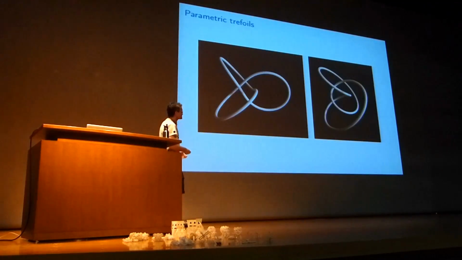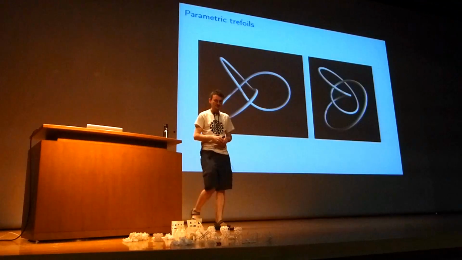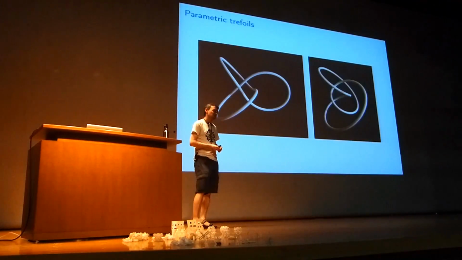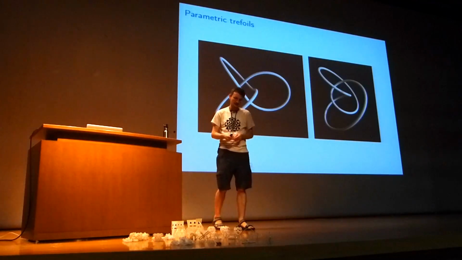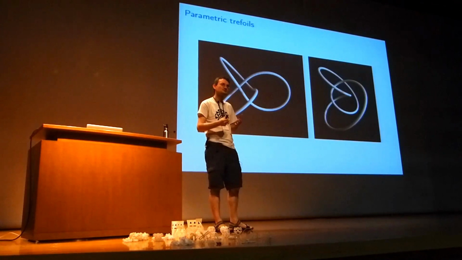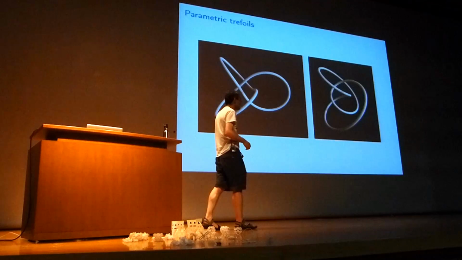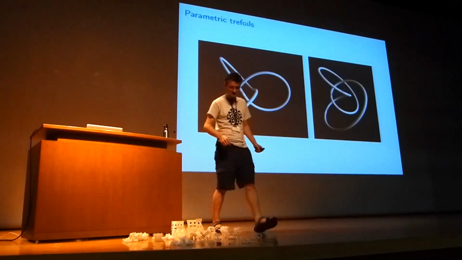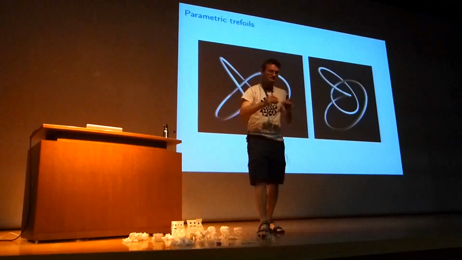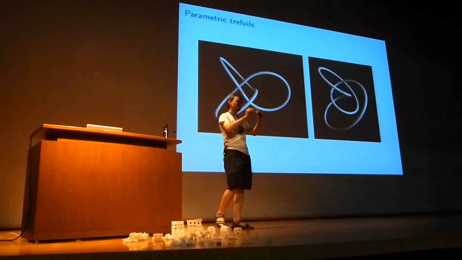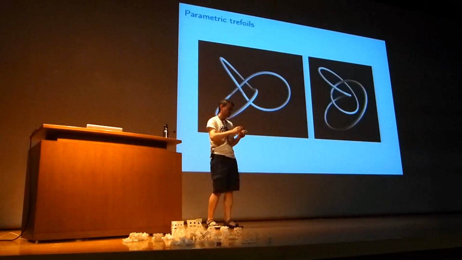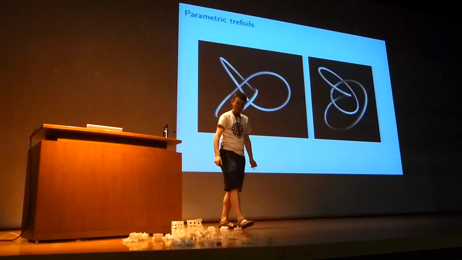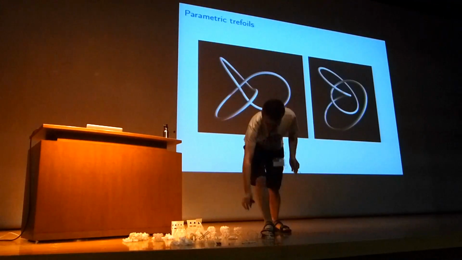Now, what about parametric? So here are some parametric trefoil knots, and of course, if you know that a trefoil is a torus knot, a knot drawn on the surface of a torus, then you can figure out how to parametrize this by using the coordinates on a torus. Depending on your coordinate system, this is either the 2-3 or the 3-2 trefoil. And this one here is the other one. And the difference between these two,